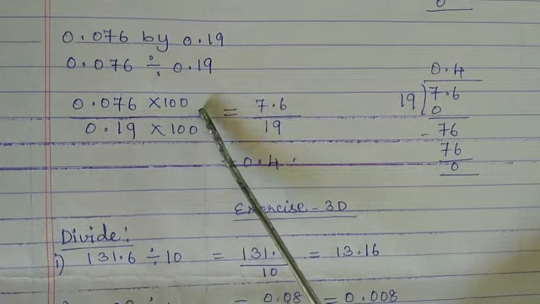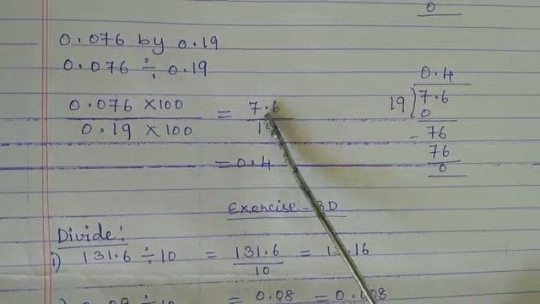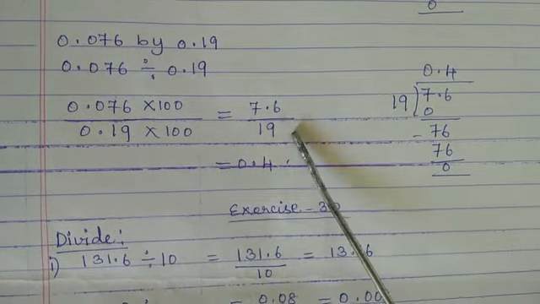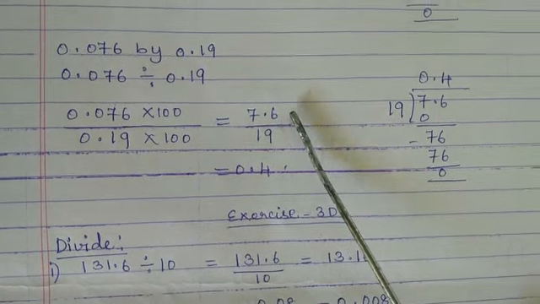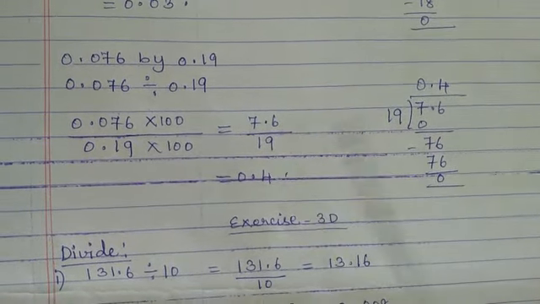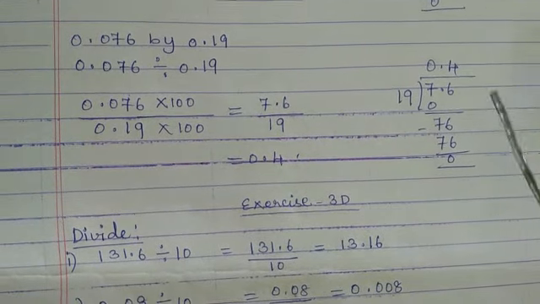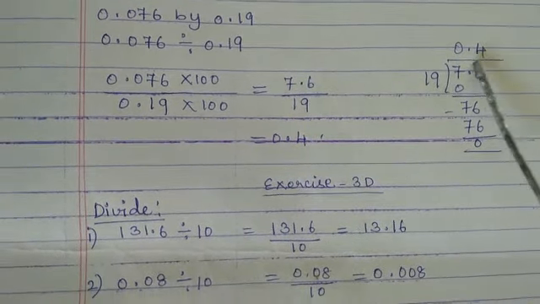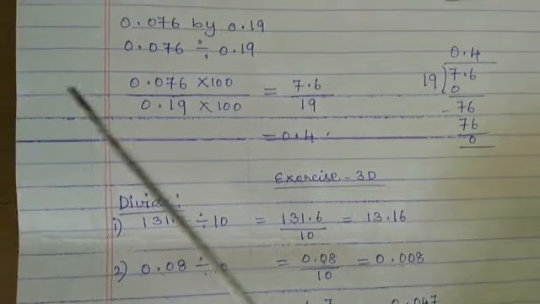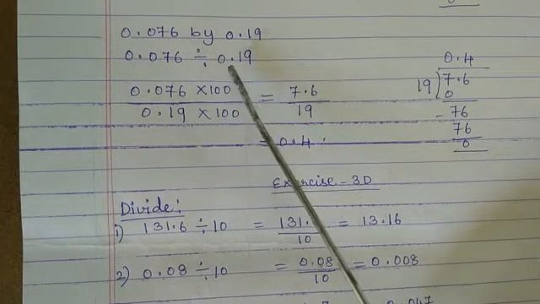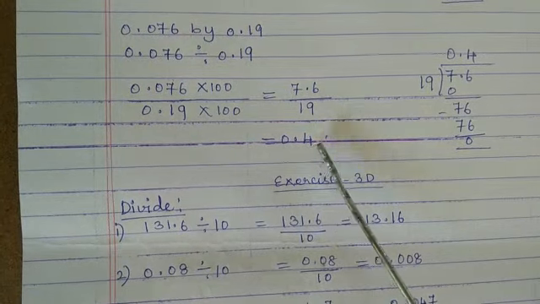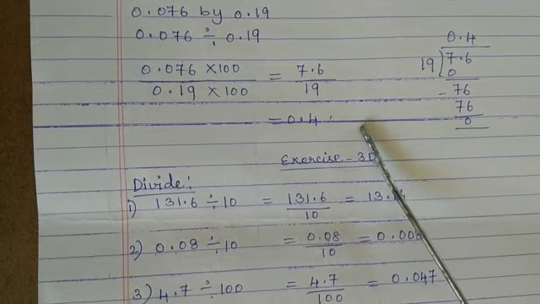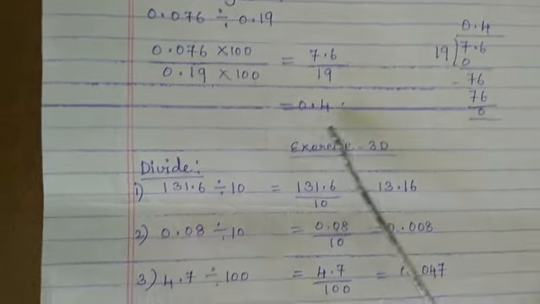As usual, it is the same process. We'll get the numerator 7.6 divided by 19. Now the divisor is a whole number. So we have to follow the steps which we have done in the second type, decimal number divided by a whole number. Do the process here, see the working. Your working is very important in all these division and multiplication questions. So the quotient will be 0.4, that is, 0.076 divided by 0.19 is equal to 0.4. The quotient is 0.4 and there is no remainder, so no need to write remainder equal to 0.